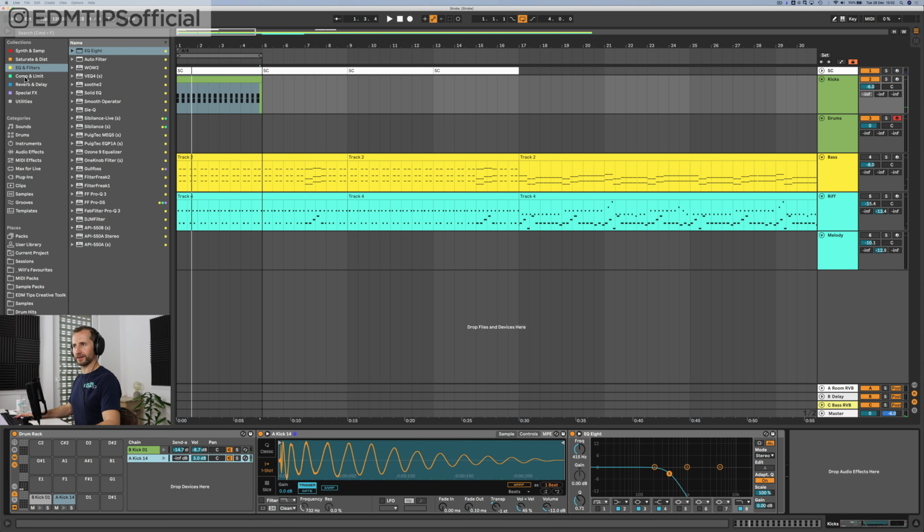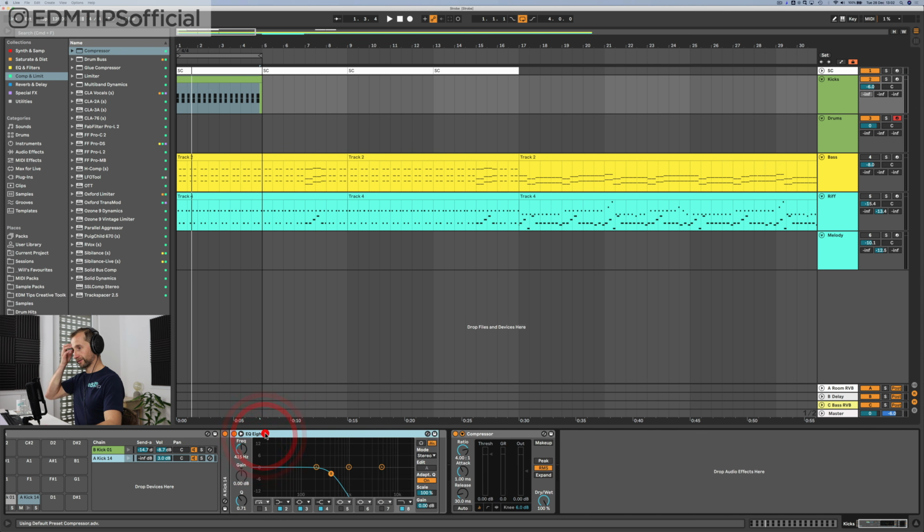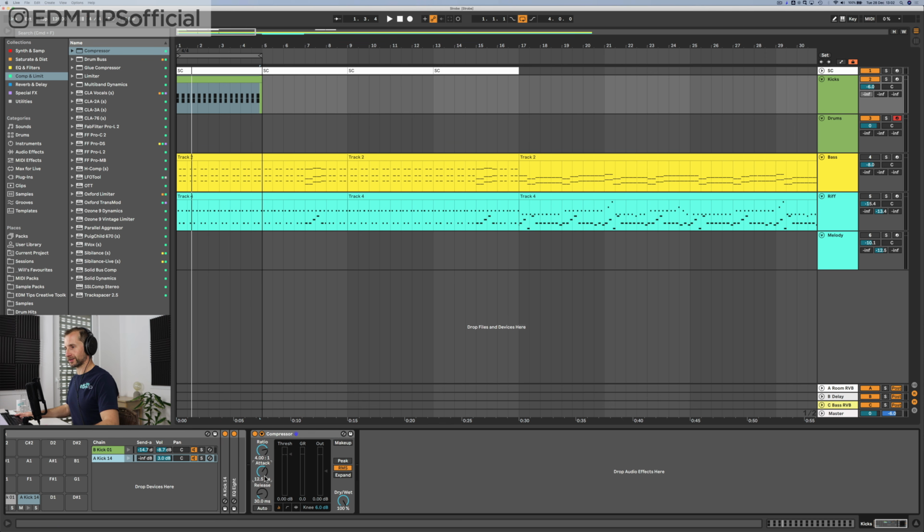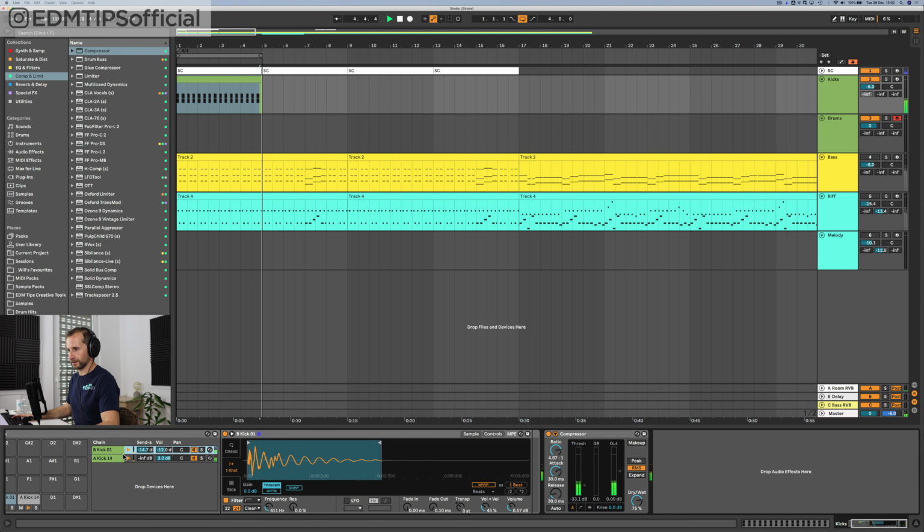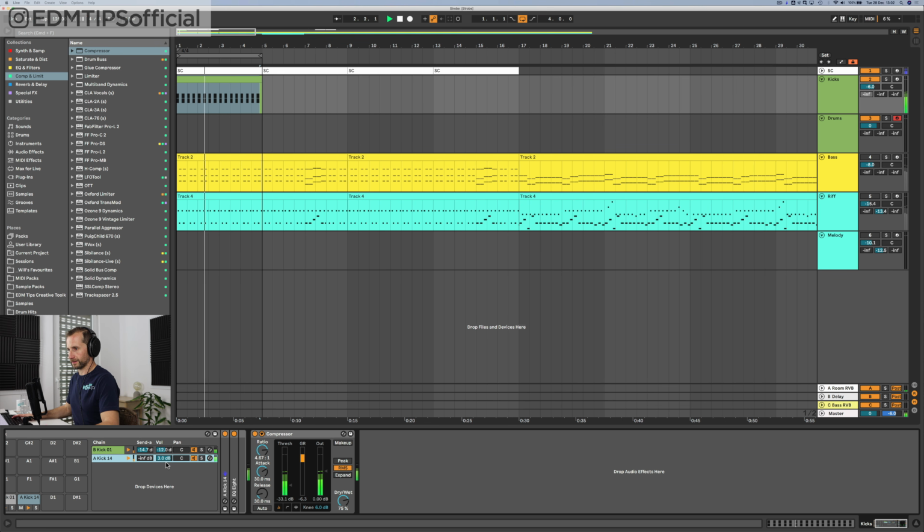Now I'm going to gel those together by using a compressor at the end of the chain. So both kicks are being fed into this compressor. I'm going to choose a 30 millisecond attack. That allows the transient of the kick to pop through. And I'm just going to do this to taste. Maybe a little less of that high kick. A bit more of the low kick. So it just tightens it up a little bit. And now let's feed it in with our bass line.